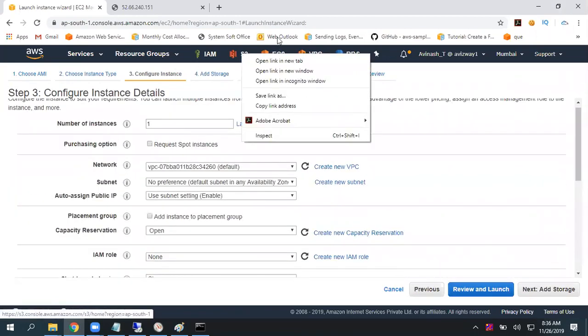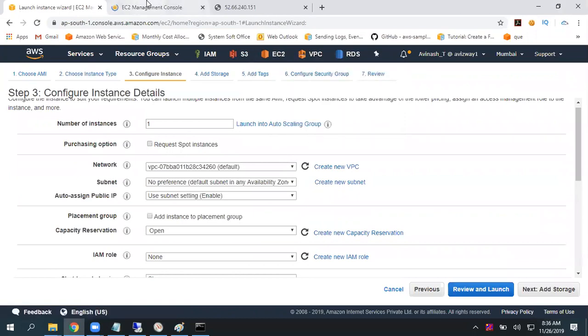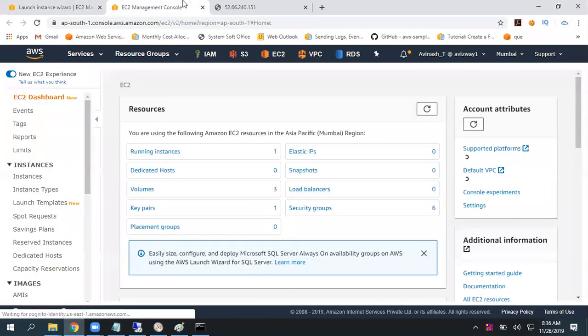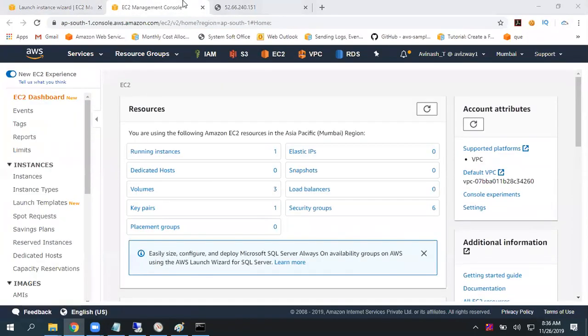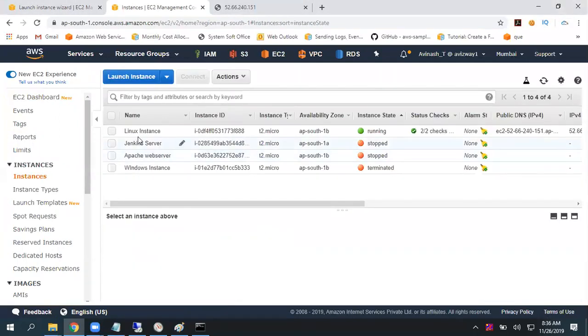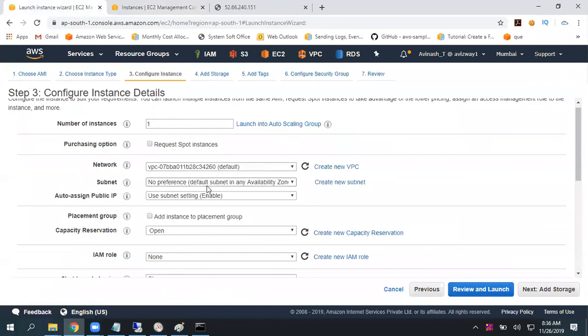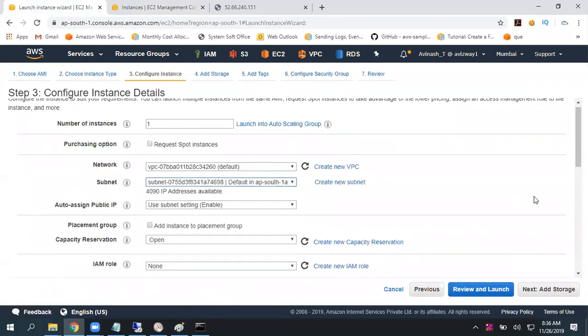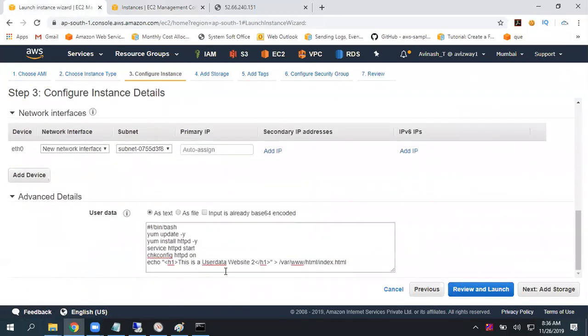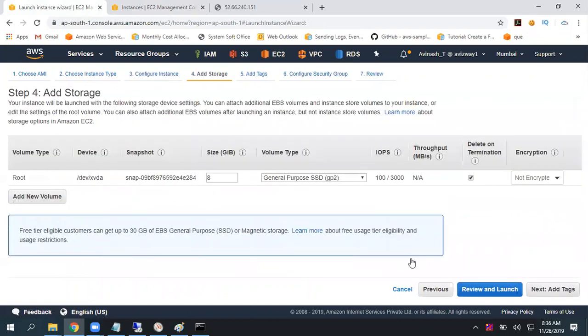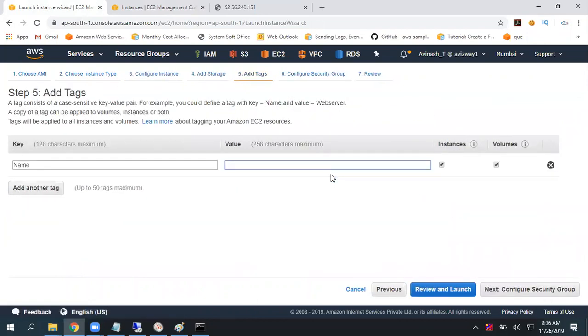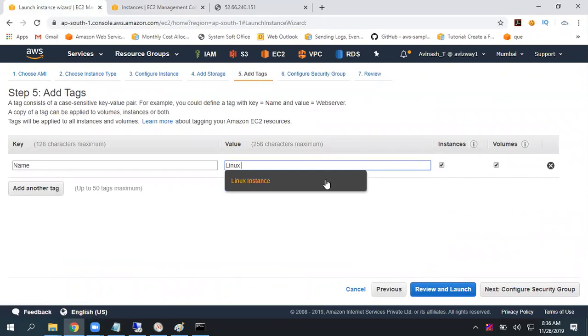But before that, I'll quickly verify one thing. My existing instance is running in AP South 1B. So for high availability purposes, I'm going to run this in 1A. Scroll down, I gave user data, add storage, and I'm going to call this Linux instance 2.